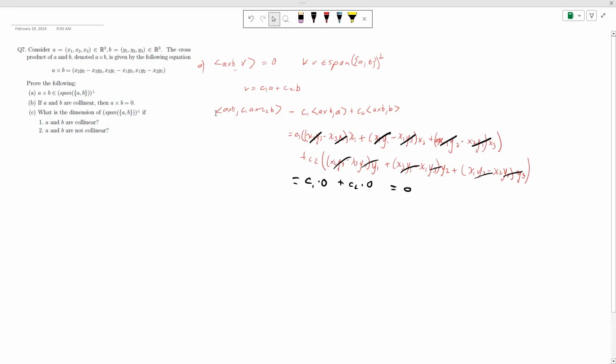So this tells us that no matter what vector in our span, the inner product with it gives us 0. That tells us that A cross B is in the perpendicular space of the span of the set AB,